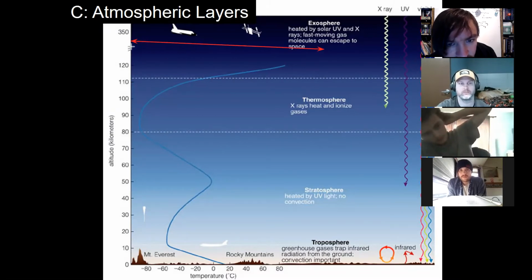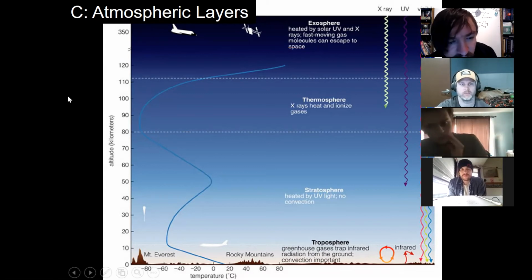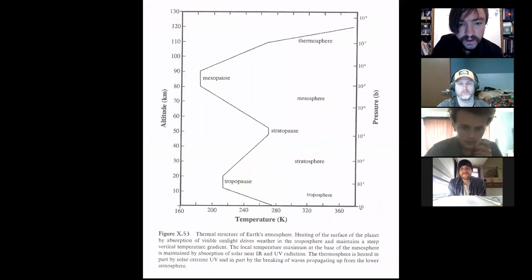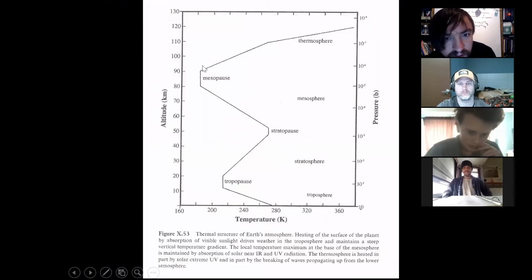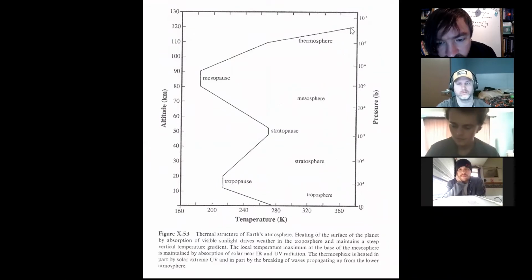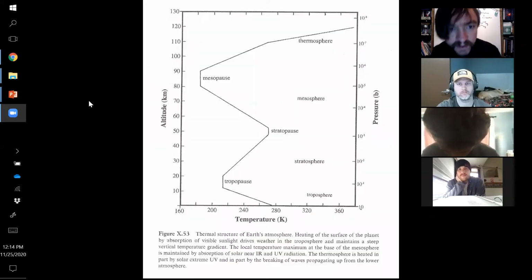I guess the graph probably. Actually, you know what? Let's get the real graph. Forget this cartoon thing, which is made by weed smoking artists. Let's get the one from a graduate book here. Yeah, there we go. Oh shoot, this doesn't go high enough, does it? Nuts. Well, it's clearly going to be close to 400 Kelvin. All right, let's go back to the cartoon one again. They should have measurements for this.